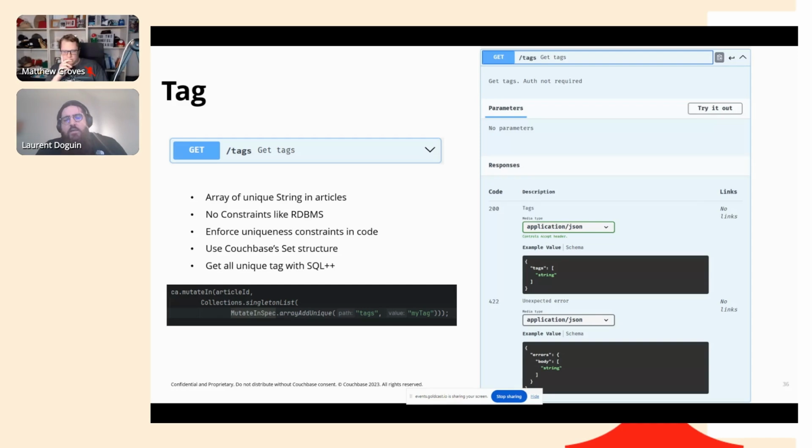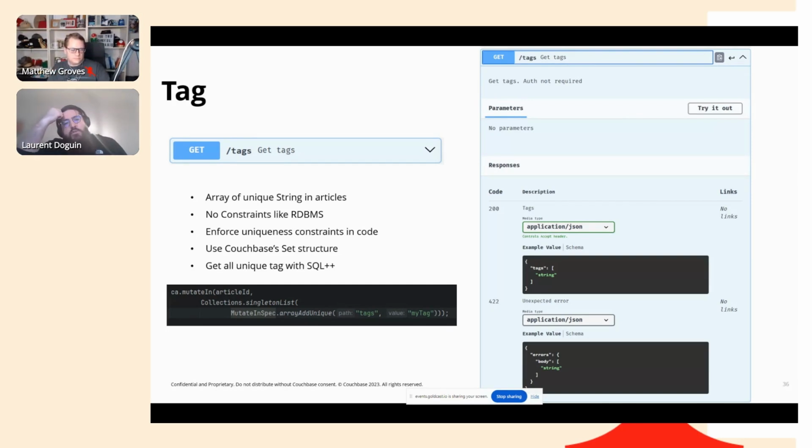namespace. Namespace is what you have after the FROM clause. You can have every tag on one namespace, and then you can use the DISTINCT keyword to only get the distinct tags. And it also raises some questions about how you add tags. You add tags through the article endpoint, and depending on how you modify the article, you can either replace the full set of tags, why not? Or you can also add,